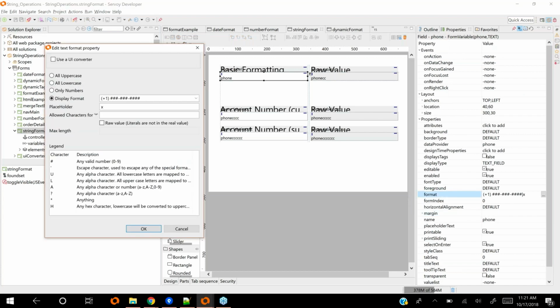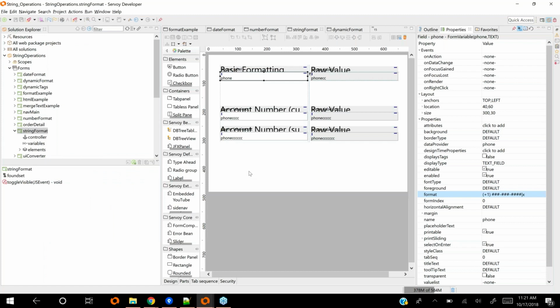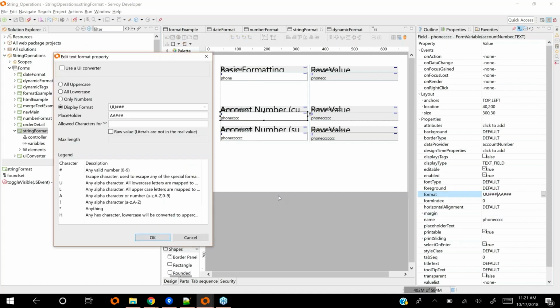By the way, the phone format looks something like this. So we have the numbers, we have whatever separators we want in there, and we have a placeholder. You saw the X that was being replaced there. It works just like the date and the number formatters. But for example, this